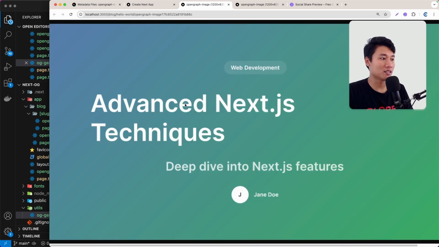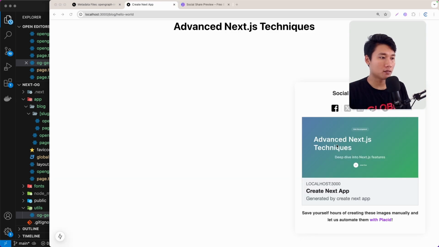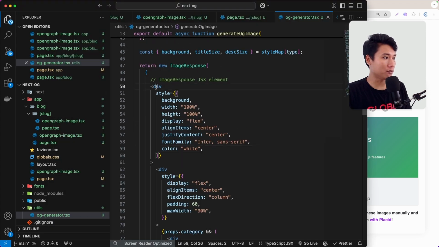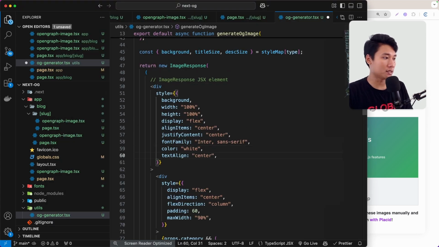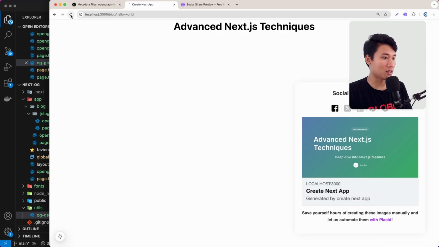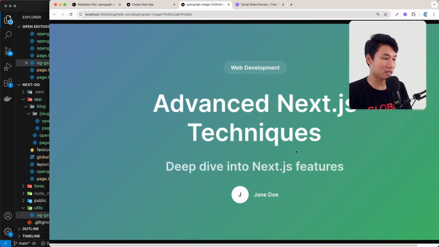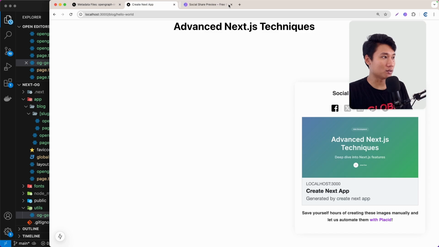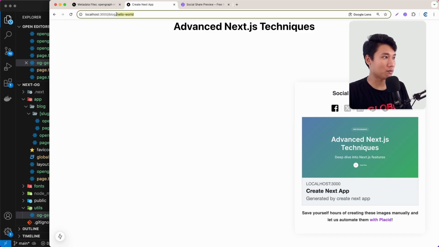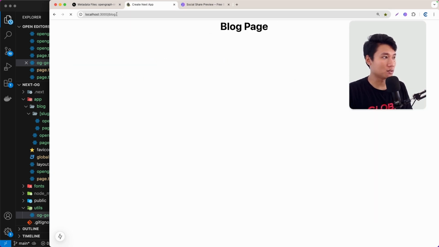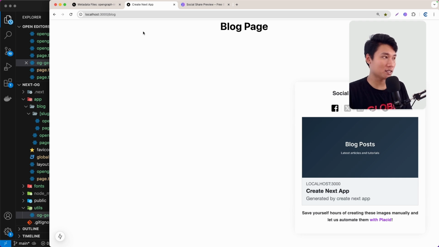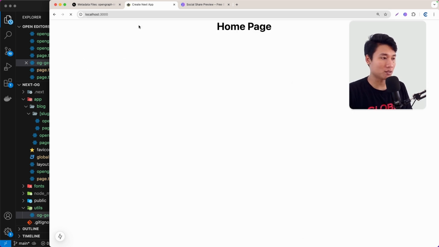As you can see, it looks like this. As you can see, the title is not centered. So let's go back, and on the div right here, I'm going to add basically text align into center. So let's save and reload. Hopefully now all the text will be in the center. Great. As you can see, if I click that, it's going to look like this. Super nice. And also let's go back to the blog, for example, right? So if I go to blog, it's going to look like this. If I go to home, it's going to be